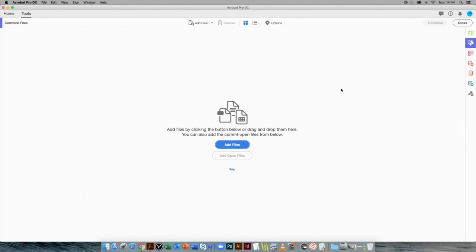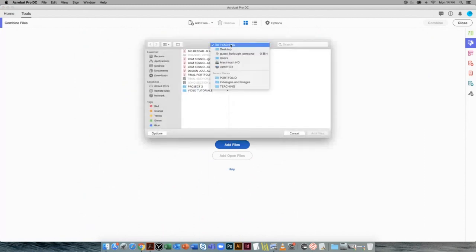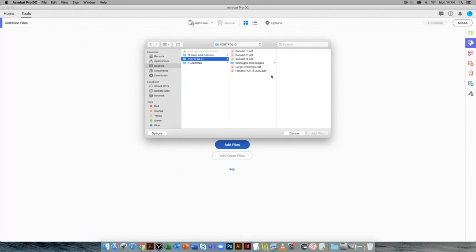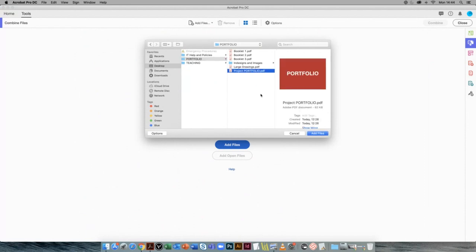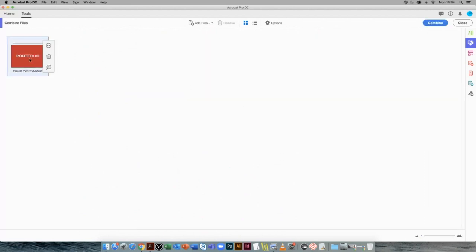So you have A2 portfolio, you might have A0 drawings. So what I would do is I would organize my files as such in a portfolio file, where I have, for example, my 3 booklets, large drawings, and a project portfolio that I would have all exported from InDesign, kept in a style. So I will open a portfolio, and what happens in this window now is you get the